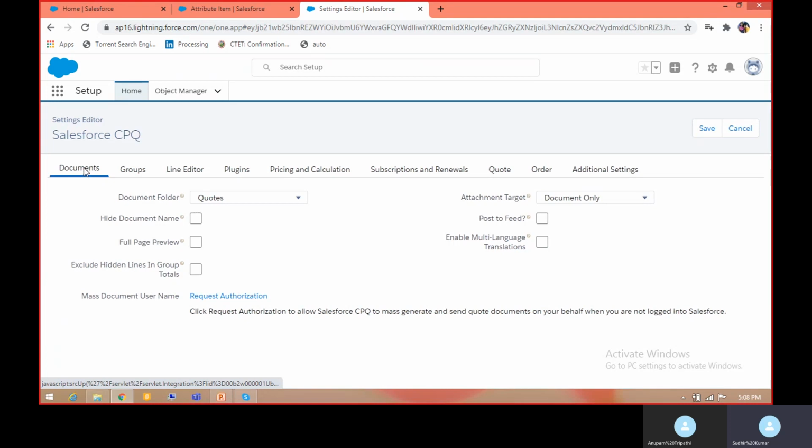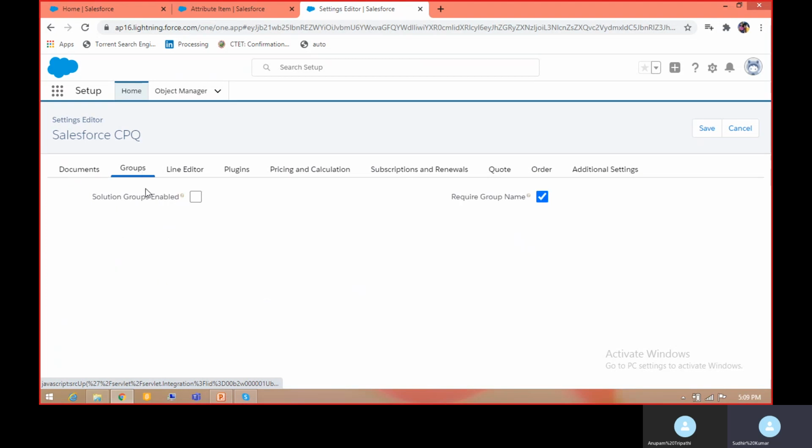So it is showing different areas, like documents. If we talk about the first one, document folder, we are not going to cover all these settings, since without an understanding of the topics, it would not be feasible to explain all of them. So we will be covering the important settings while we discuss other topics. But I will show you a few important settings which are easy to understand.